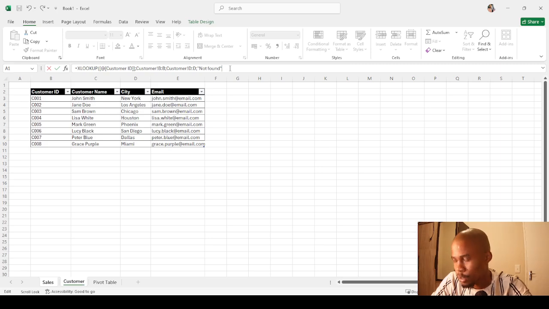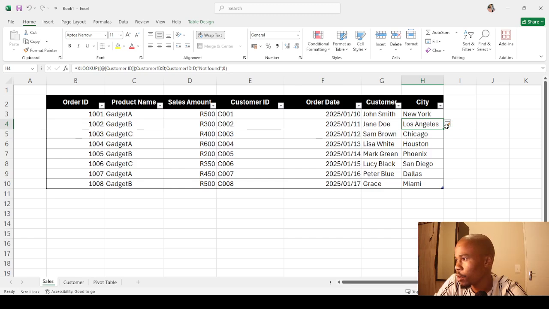With VLOOKUP, there is no option that says not found, but what you have to do, you have to use an IFERROR function, because if there's an error or if there's a null value, then that's where you can use the not found. But with XLOOKUP, the formula already gives you an option to say not found, and then you say okay. Then now we know that gadget A, which is John Smith, bought gadget A for 500 rand on the 25th of January, in which city, which is New